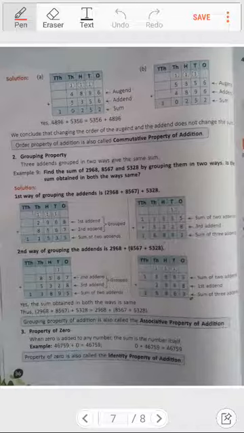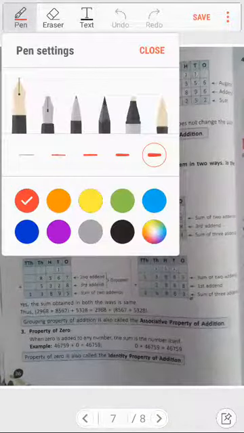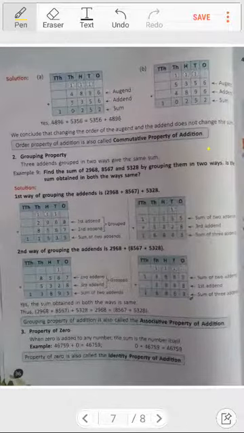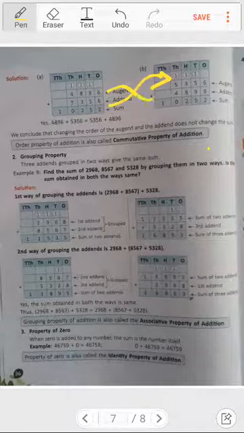So I will take the pen to show you. Okay, this time yellow color I will be taking. Okay, see over here. So what happened here, this below goes up and this up comes down. Okay, here you will see 5356 is up and 4896 is down, and while adding: 6 and 6, 12; 9 and 5, 14, plus 1 is 15, carry 1; then 3 and 8, 11, plus 1 is 12, carry again 1; and 5 and 4, 9, plus 1 is 10. There is no number, so 1 is there. So in this way it is added.